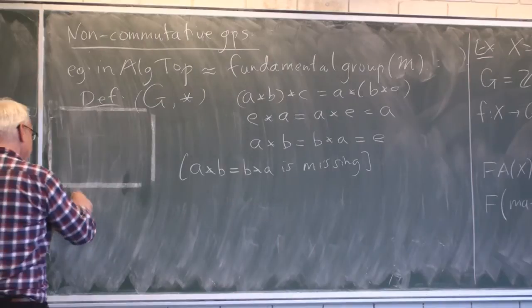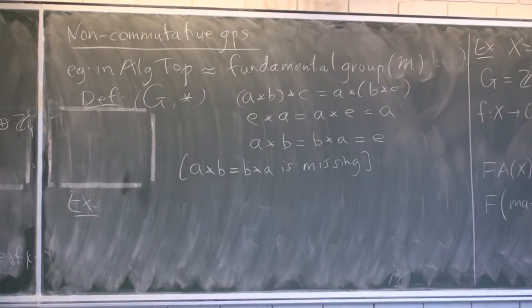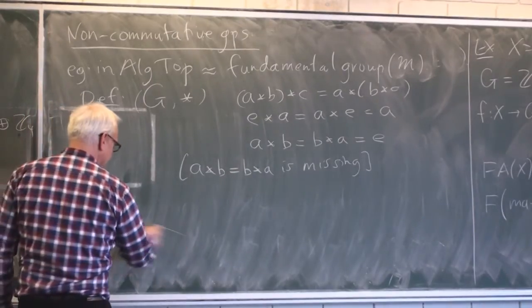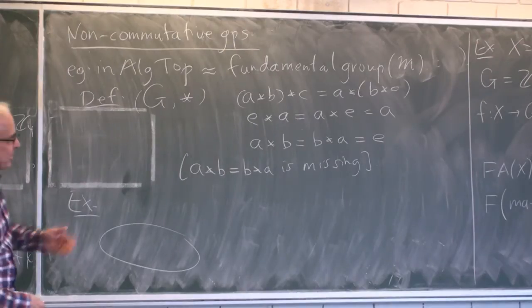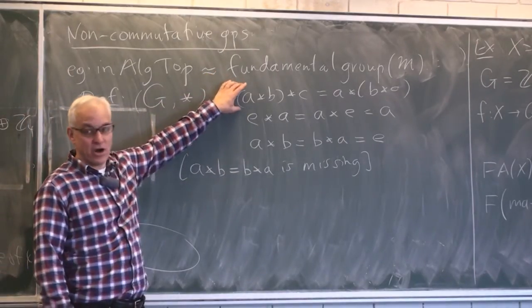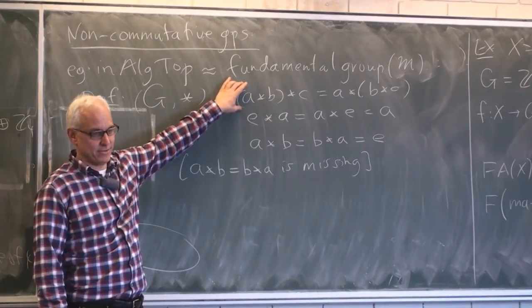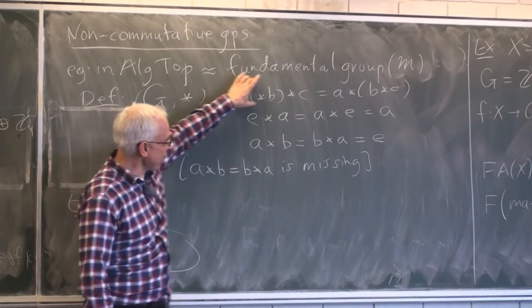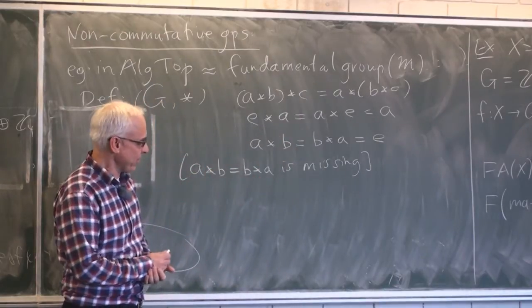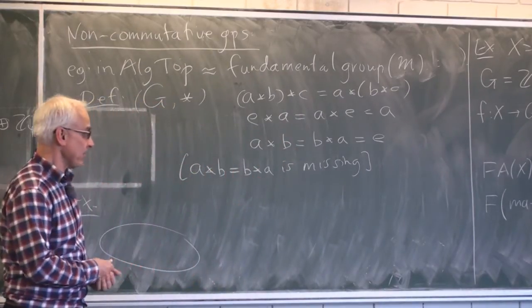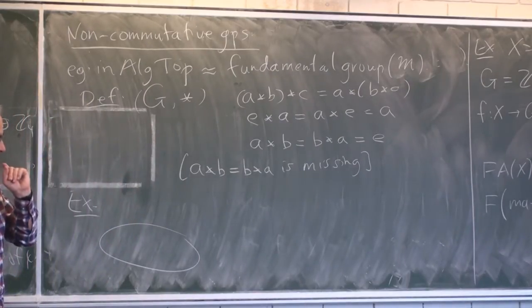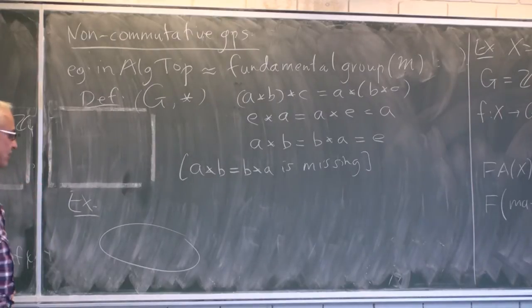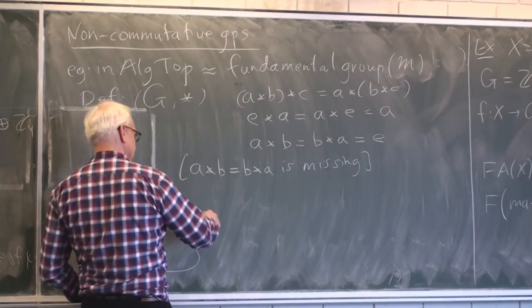What about examples? Where do non-commutative groups come from outside of algebraic topology? Well, the easiest way of getting a group generally is to use transformations. The reason is that it's this associative law here that's hardest to satisfy, hardest to check. Okay? Because you need to have this law satisfied for any A, B, and C in the group. And if you just have a big group table or something, that can be a lot of hard work. So the easiest way of making sure that associativity is sort of automatic or easy to check is to consider groups of transformations.